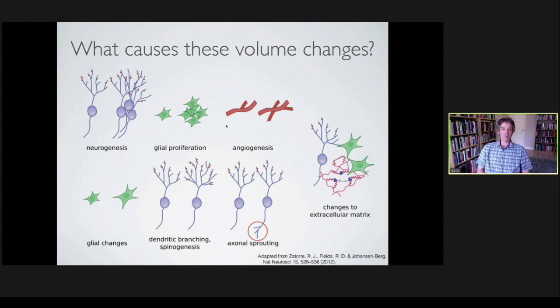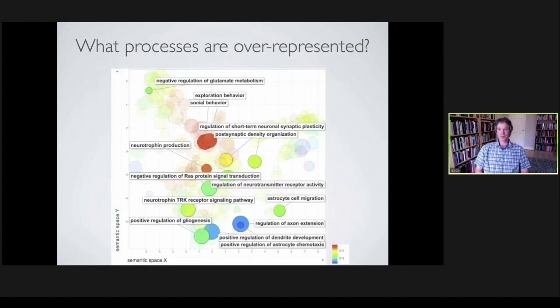these two worlds together. So what we did is in that last enrichment study that I showed, in addition to the MRI, after 14 days of putting the mice in an enriched environment, we also looked at changes in gene expression in the hippocampus and in the visual cortex by extracting bits of brain and running bulk RNA-seq. And so the genes that are differentially expressed focus on, as you can see in this slide here, the regulation of glutamine metabolism, exploration of behavior, social behavior. So this is the gene ontology enrichment study of those upregulated or downregulated genes based on enrichment, which we can